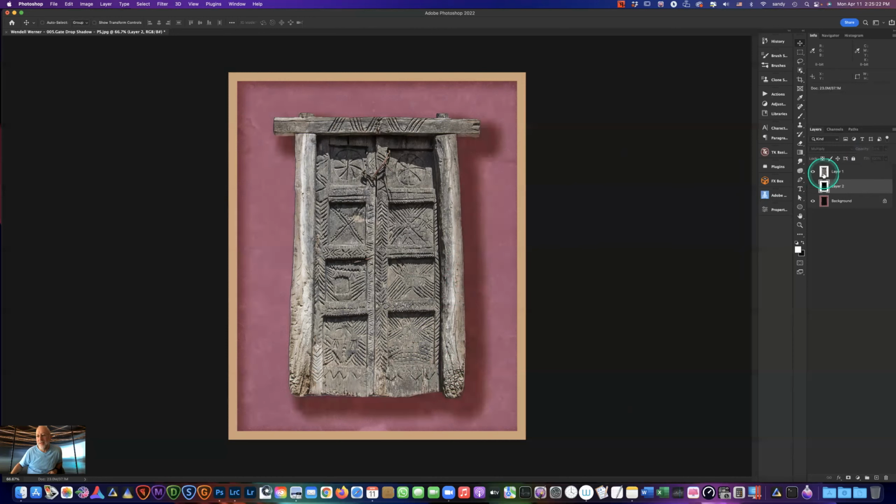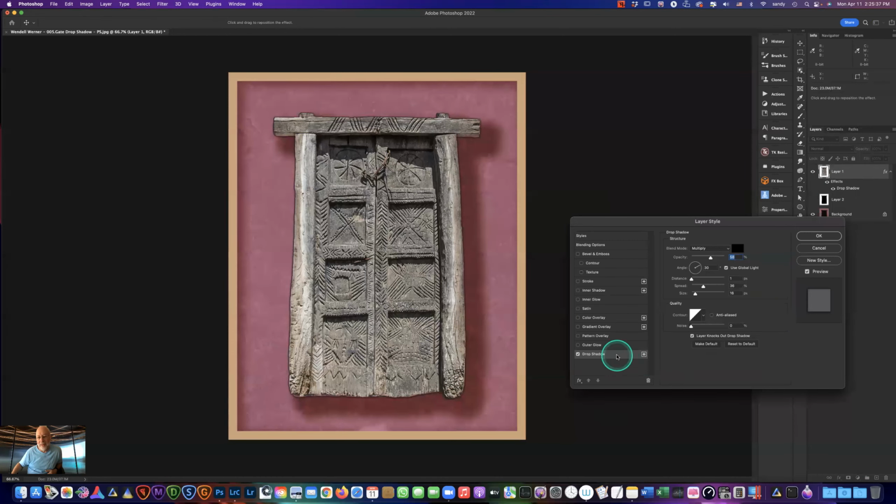Now what you do is you take the layer and you go down to effects, you open it up, or just click on it and see it's got drop shadow. It's got all kinds of stuff on it. You can bevel, stroke, emboss. Okay, so we've got the drop shadow here. All right. First, you can set the lighting,